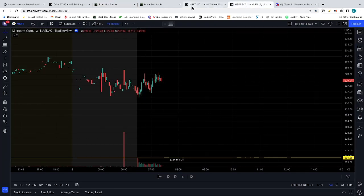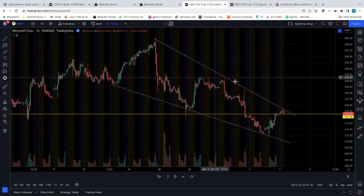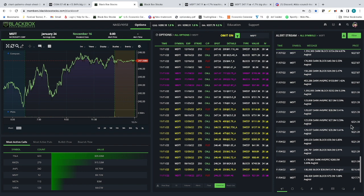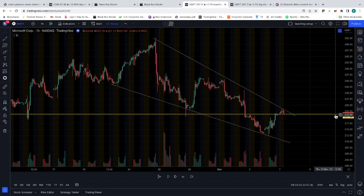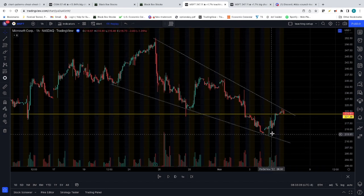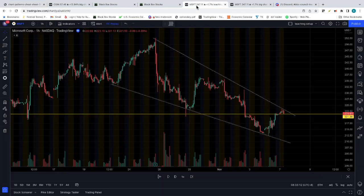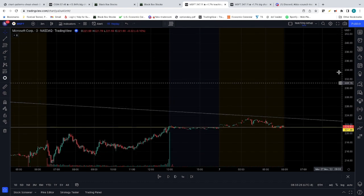So if we go over to the setup on Microsoft, this is queued up for Monday. Again, I had seen this dark pool come in. I went and added this 221.39 line, and I see this setup: a series of lower highs and lower lows moving along these trend lines, which to me looks like a falling wedge type setup right here. And then I add in this dark pool that we saw on the Blackbox system. So if we queue this one up and get Microsoft going here,